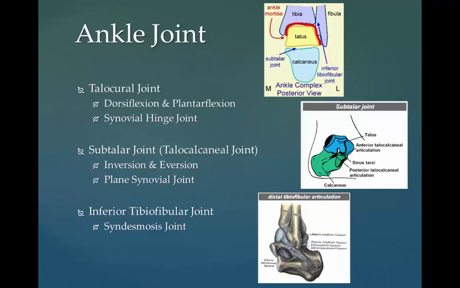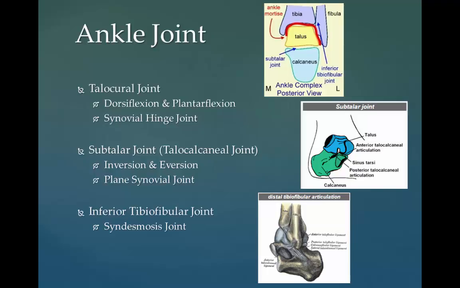The movements produced at the talocrural joint produce the movements of dorsiflexion and plantar flexion of the foot. In common usage, the term ankle refers exclusively to the ankle joint. The main bones of the ankle region are the talus in the foot and the tibia and the fibula in the lower leg. The talocrural joint is a synovial hinge joint that connects the distal ends of the tibia and the fibula with the lower limb of the proximal end of the talus.